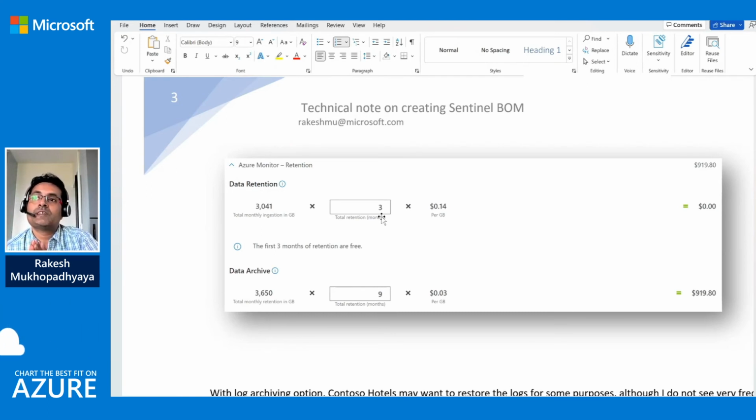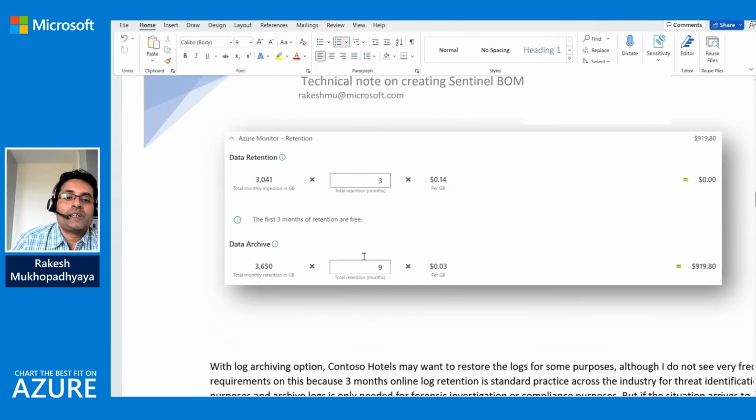Okay, so my suggestion is, in that case, for the very extended retention, we can use Azure Blob Storage, which is the cheapest available option. So then it is coming like this: 3 months online, 12 months archive, and then more than 12 months I will move it to Azure Blob. Okay, which is the very low cost storage option available, right? And in Azure Blob, we can keep it for as long as 100 years. Okay, so this is how we do the retention and data archive.